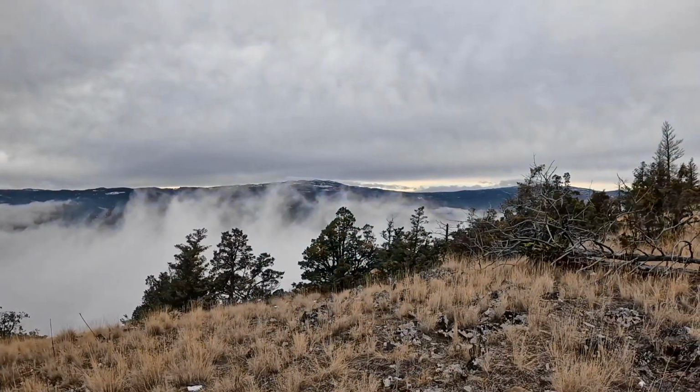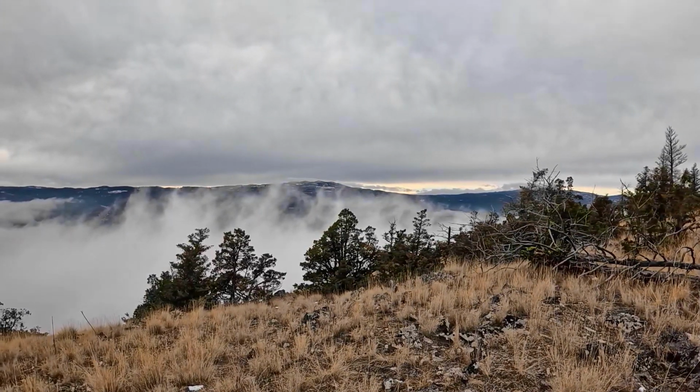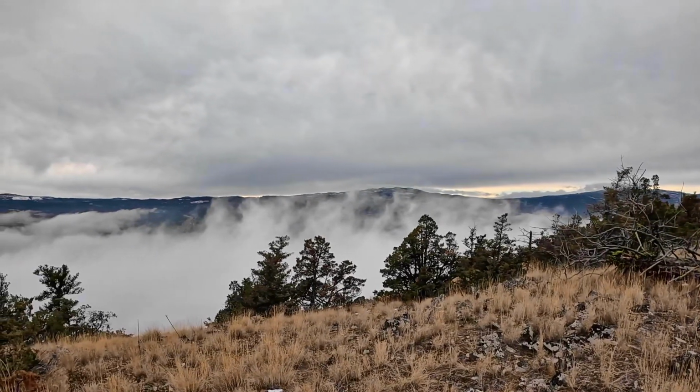Well, the fog's just rising now. That's Chewell's Mountain straight ahead. Fog rising up, good to envelop my view in a second. Or to the left, that's Hull Hill over there,